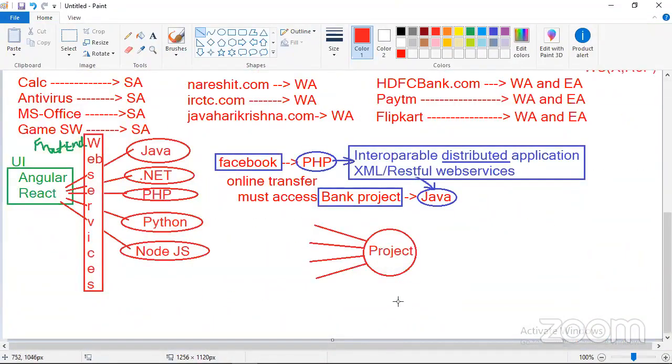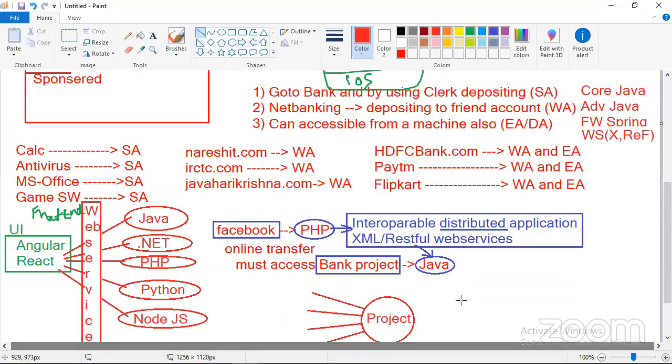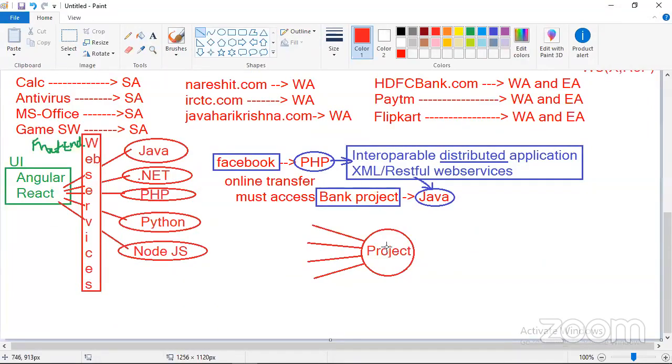Not only that, this project has connectivity and integrations to other projects, having a lot of integrations to different projects and different clients. Okay, then we call it what?